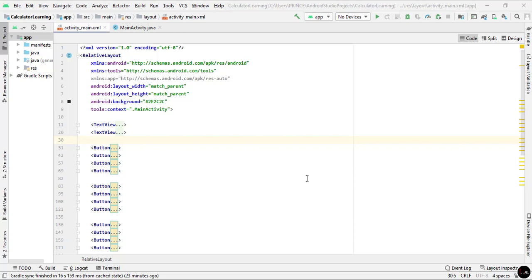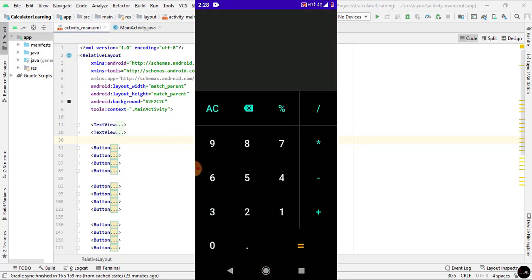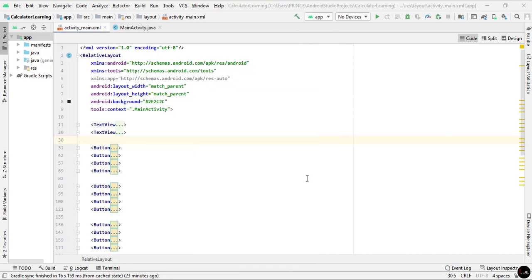So if someone watches the second part directly, then first I want to show what we actually are going to make. You can see this is the calculator, it has a backspace symbol and it has a perfect UI, and you can see it performs every operation fine. If you want to watch a detailed video, then I recommend also watching the first part. In this part we have to write the Java code for our calculator. So without further delay, let's start the video.